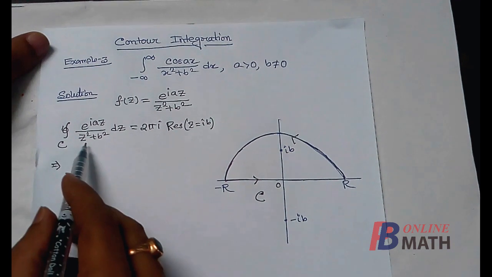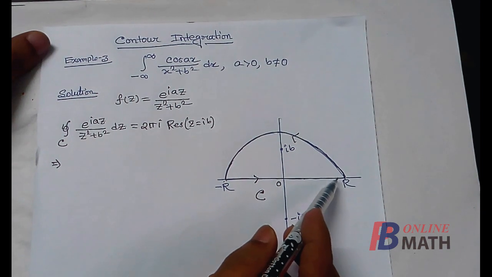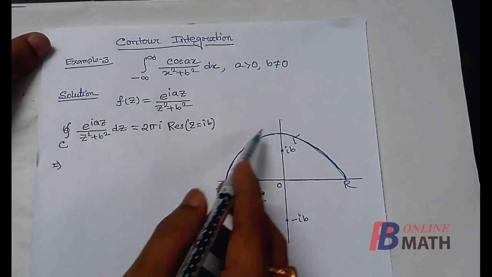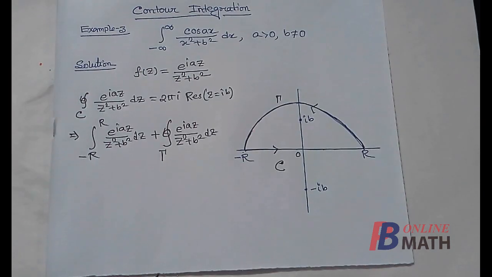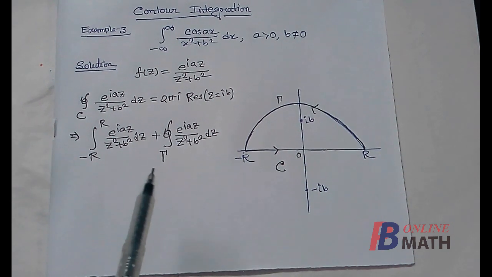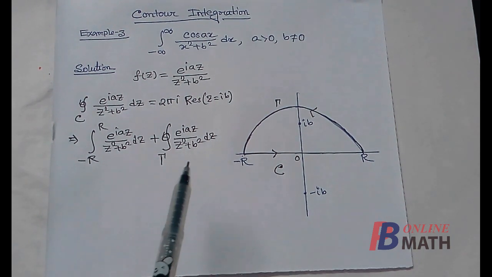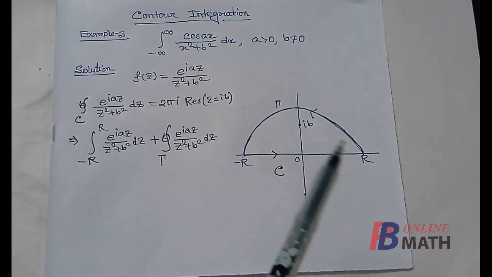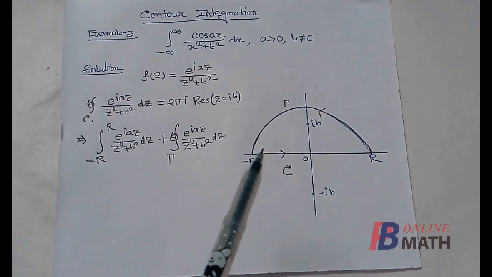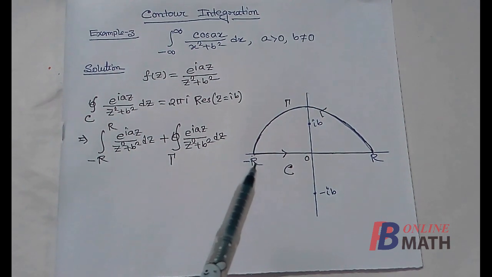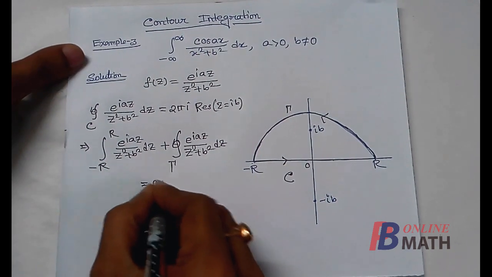Now we shall break this integral into two parts: along the real axis from minus capital R to plus capital R, and then along this curve, that is the semicircle. So here it is. In the first part we have to integrate this from minus R to plus R along the real axis, and in the second part we have to integrate along the semicircle in the counterclockwise direction, and this is equal to 2 pi i into residue at